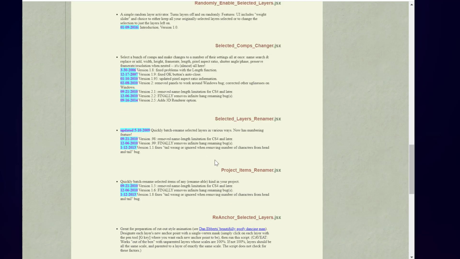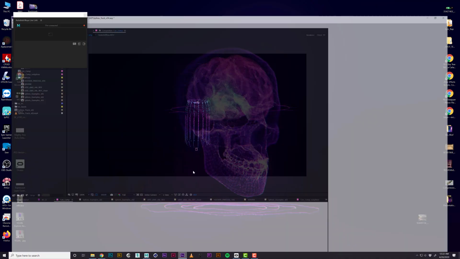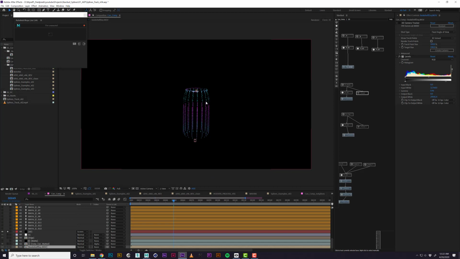So this is nice because then I can select those groups of lights and rename them to create a specific grouping of the splines. So I will link these in the description, but these are what I'm using to automate this process.